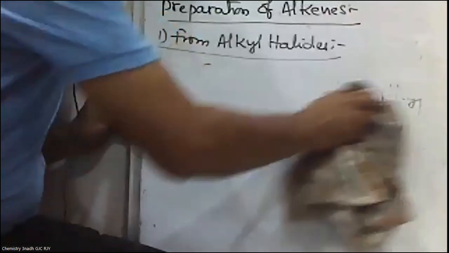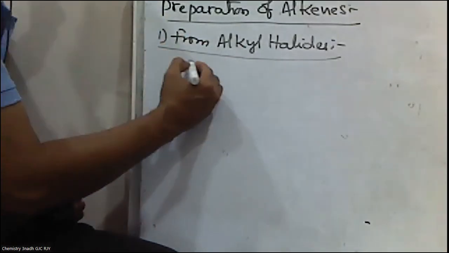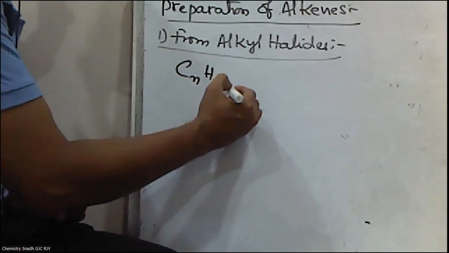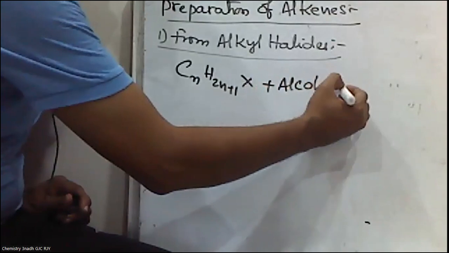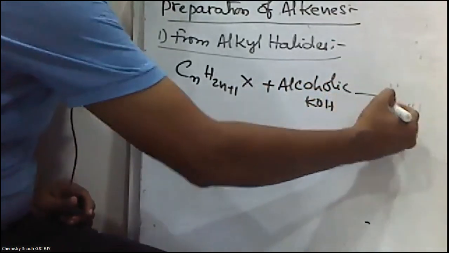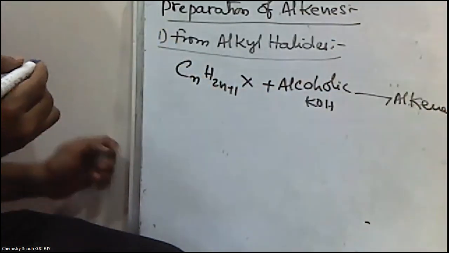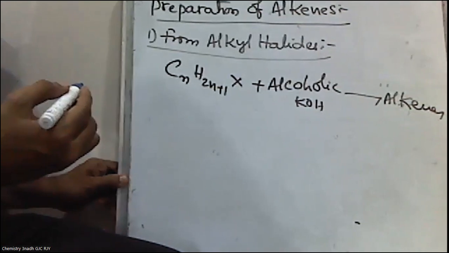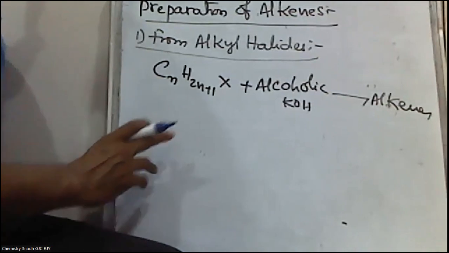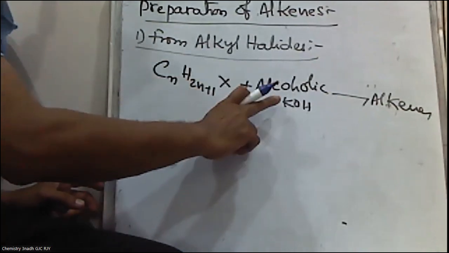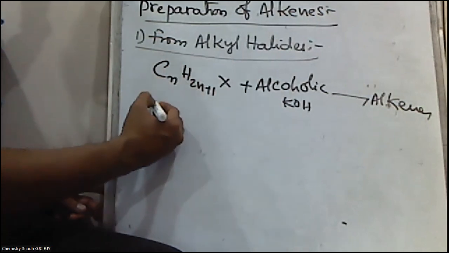When alkyl halides are treated with alcoholic KOH, alkenes are formed. When alkyl halides are treated with alcoholic KOH, alkenes are formed. For example, if you take